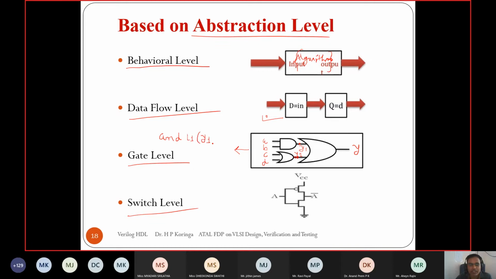We want to assign the AND gate output to Y1, and whatever we write second, third and so on are inputs. Here I have specified only three, so it always takes the first one as output, and the rest are inputs. If you write two variables, then it is a 2-input AND gate. If you write comma C, then it is a 3-input AND gate, right?